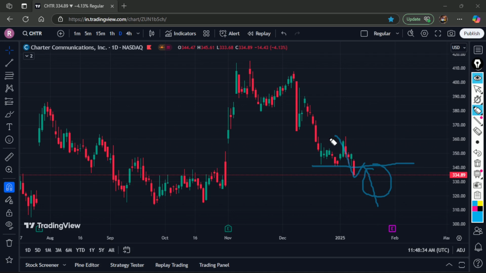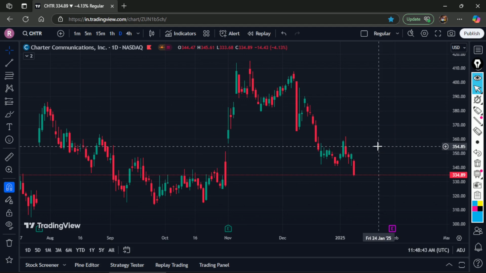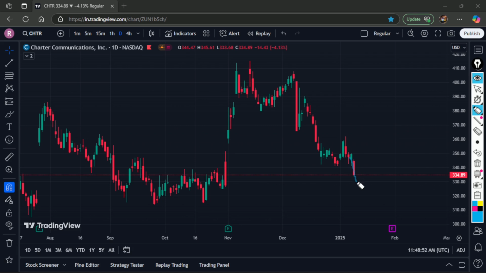But for now at least I am expecting a retracement candle here, or a green candle, just so that a balance scenario happens for buyers and sellers. Why? Because see, sellers try here, then buyers again come, then again sellers try. Sellers are already there, so we are waiting for buyers to come and take control for some time. Then after that, if sellers come here, this will be the fresh seller,